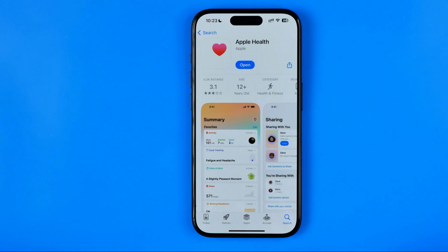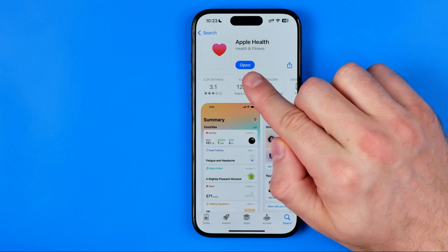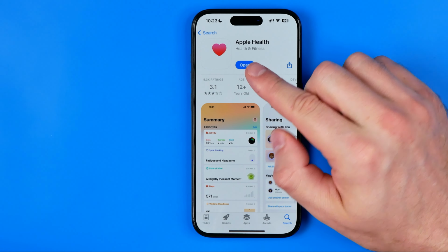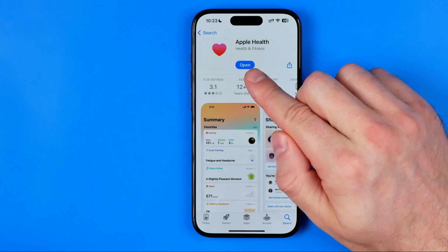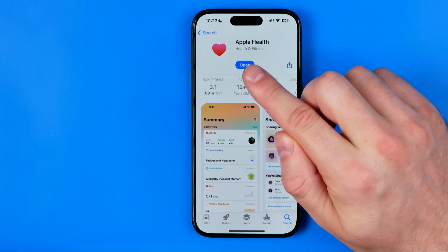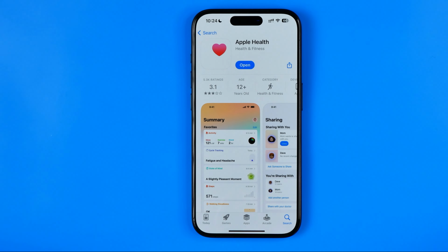We need to tap on it, and that's where, as you can see, we got this open button because the app is already installed on my iPhone. However, if you don't have it installed, it will say get here, or instead of the button there will be a cloud icon. You just need to tap at the button or at the cloud icon to install the app,